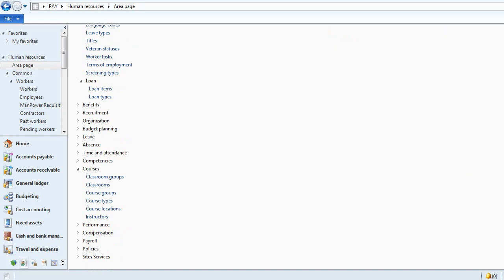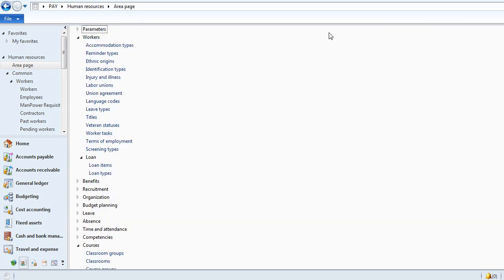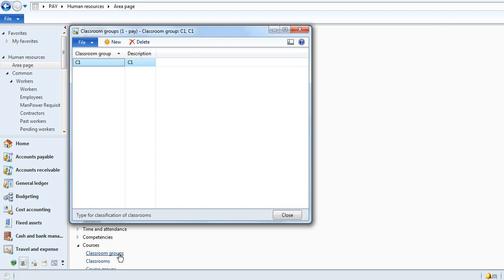Next is courses or training. We can maintain the instructor details here in this form. The classrooms for the training need to be maintained here.